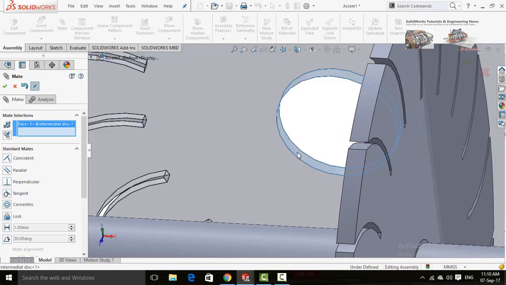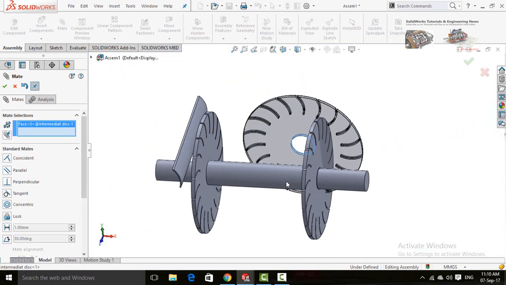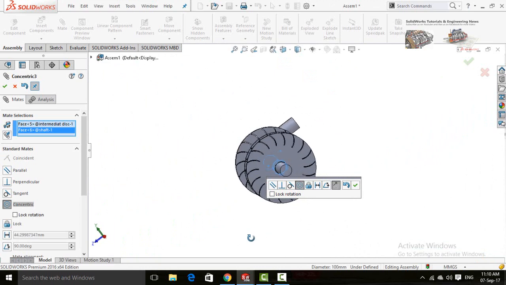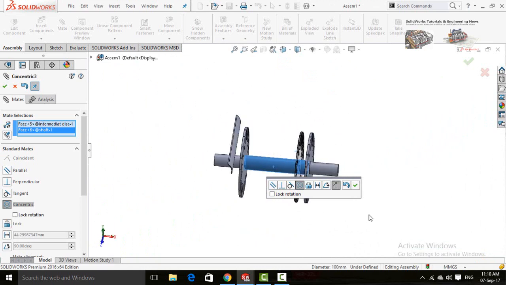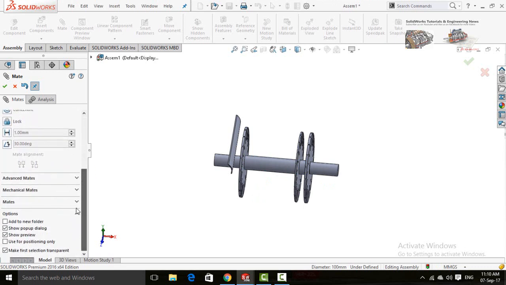Now it's time to assemble intermediate disk. So click on this cylindrical face and then the cylindrical face of shaft. Check the alignment. So do not lock rotation and press OK button. Now scroll down and select advanced mates.